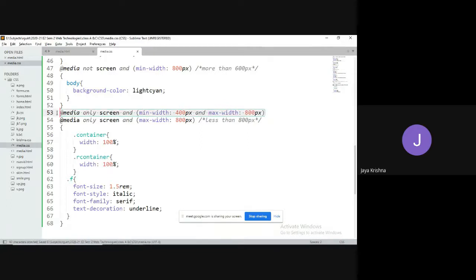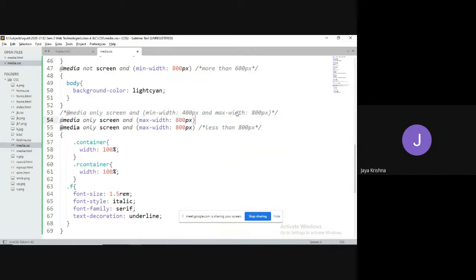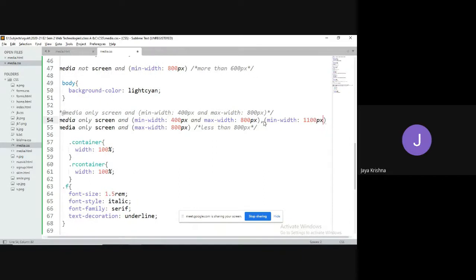Then we apply some properties. Or we can use an OR operator. If the minimum width of the screen is 400 pixels and maximum width is 800 pixels, or if the minimum width is greater than 1100 pixels, then also I need to apply some set of properties.